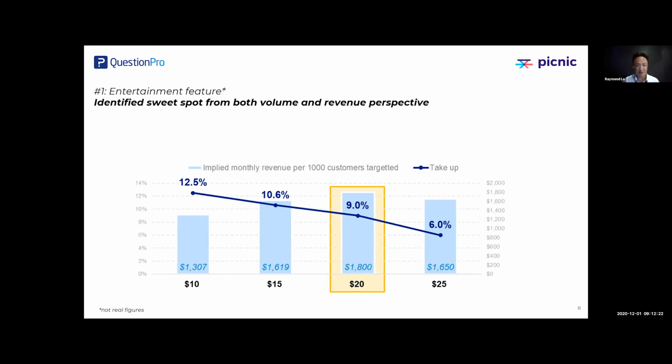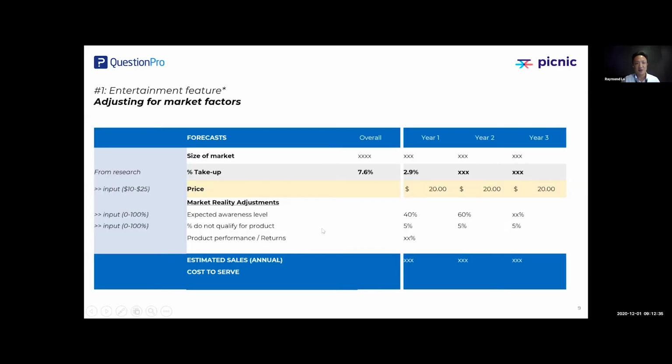Now this is directly from the output from Gabor Granger, so it's a bit blunt. And obviously as consultants, we have to go a bit further than this. And this leads me on to my next slide. So that's half the picture, right? The other half is, okay, how do we adjust these numbers for market factors? And this is where us as researchers really come in to our strengths in terms of adjusting for market factors. So the research is telling us this, how do we adjust it?